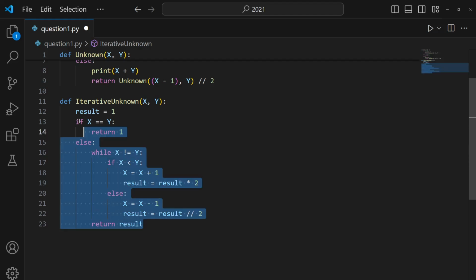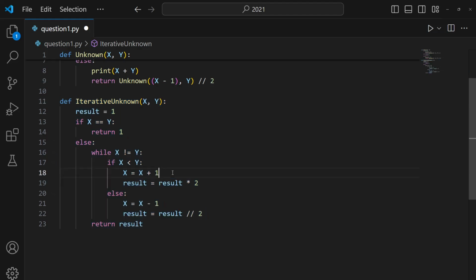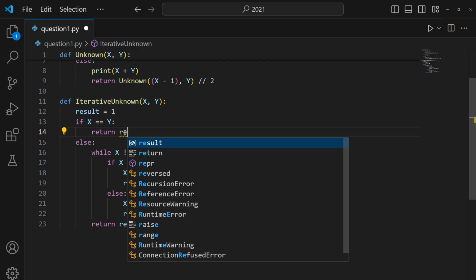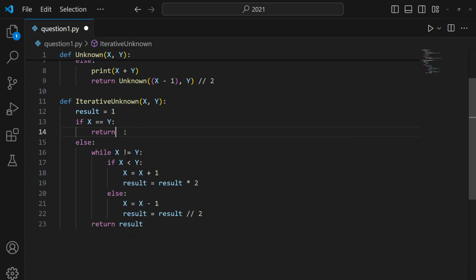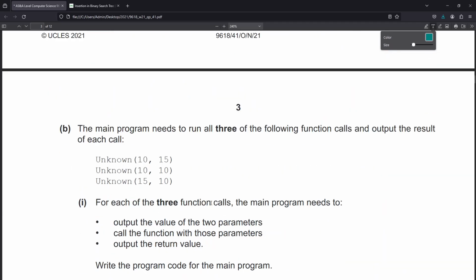All right, so with that being said, this should be the code for our iterative solution, where this is the base case, where directly 1 is returned. Or you could just say that we can also return result here. It's sort of up to you. Let's just call it 1 for now. Else, while this is not the case, we're going to be continuously running this result, so x plus 1, and we kind of keep going, right? So with that being said,